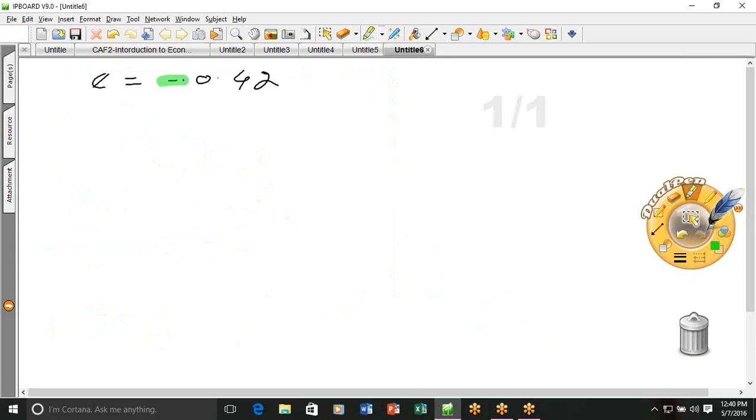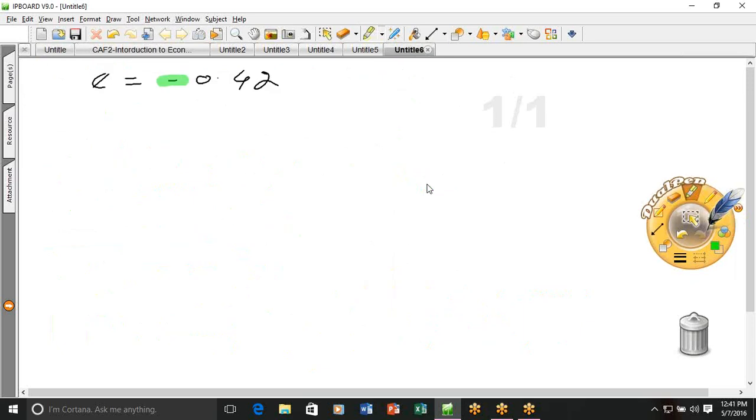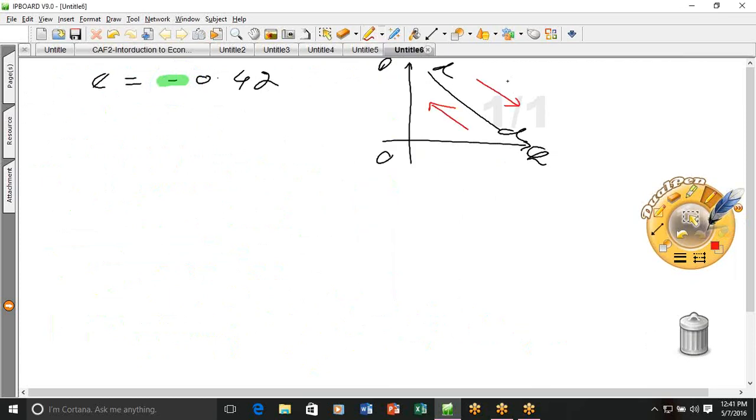ये नेगेटिव साइन क्या है. ये नेगेटिव साइन आपको याद होगा इलास्टिसिटी ऑफ डिमांड में, और बल्कि डिमांड में अगर हमने बिल्कुल स्टार्ट किया था यहाँ पे, ये नेगेटिव साइन था. ये नेगेटिव साइन इनफैक्ट है क्या, ये इनवर्स रिलेशनशिप बिटवीन प्राइस एंड क्वांटिटी है. क्वांटिटी डिमांड और प्राइस में जो इनवर्स रिलेशनशिप होता है उसकी वजह से ये नेगेटिव साइन है. तो ये नेगेटिव साइन एग्जैक्ट वही है, यानी कि ये नेगेटिव साइन और कुछ नहीं है सिवाय उस नेगेटिव और इनवर्स रिलेशनशिप के जो कि लॉ ऑफ डिमांड में एग्जिस्ट करता है. This is inverse relationship.